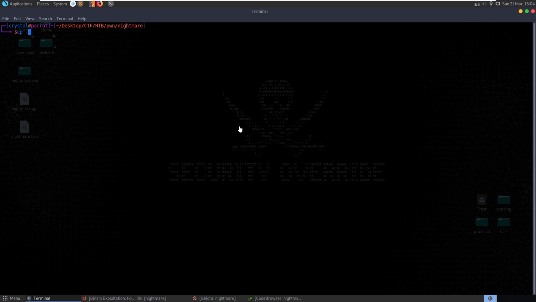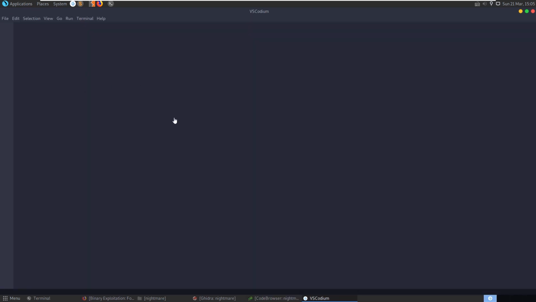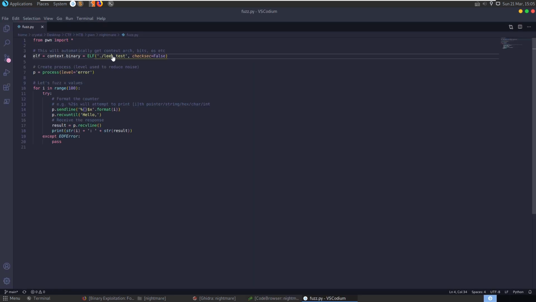So we're going to create a fuzzing script now. Let me copy over the script that we had from leak test, fuzz.py, and we'll open this up and make the changes we need to. Shouldn't need to change too much here. Obviously change the file name to nightmare,